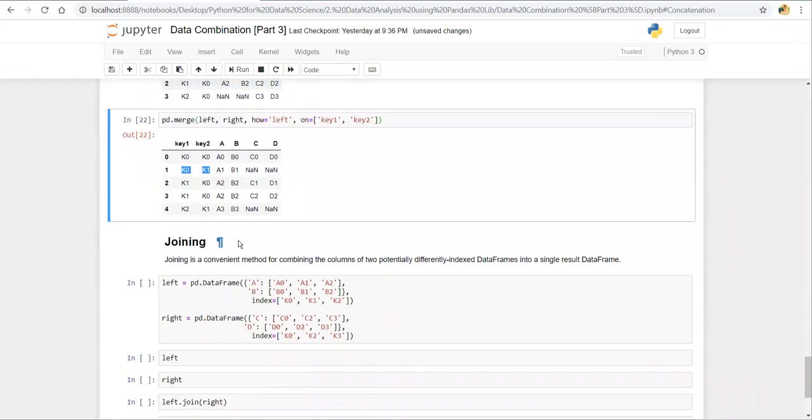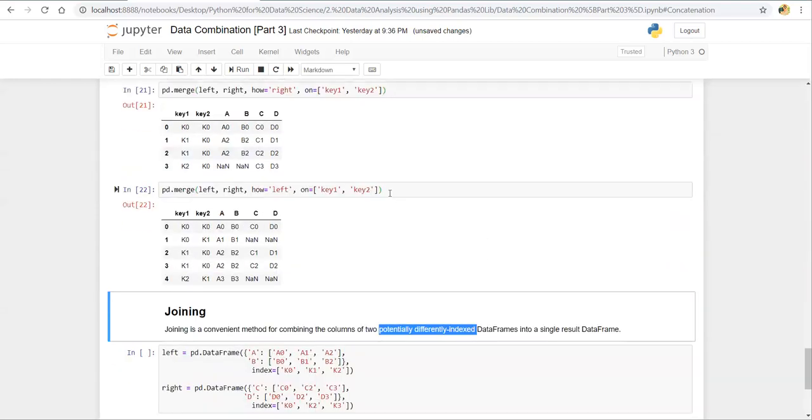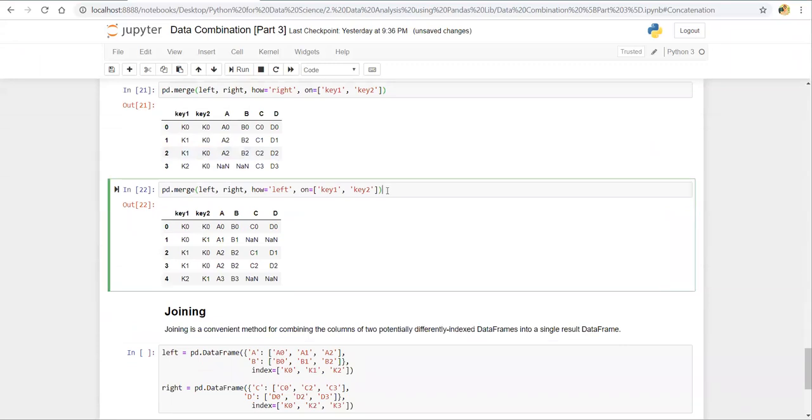Now let's come to joining. Join is a convenient method for combining the columns of two potentially differently indexed data frames into a single result data frame. The point to be noted here is potentially differently indexed. So in merging, I am joining the data frames based on columns, but in joining, I'm joining the data frames based on index.